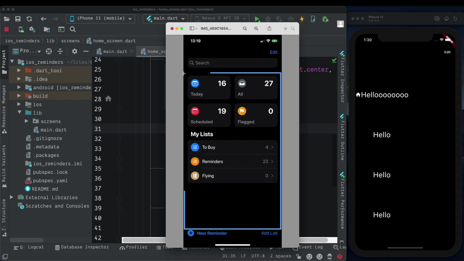Then we basically have two main views. One view, which has this categories and lists, and then this bottom portion, which has the new reminder and add list button. So what we'll try and do is, we'll split up our view into two parts, with one part being scrollable and taking these two my lists and categories views, and then we'll create one bottom portion, which is going to be the new reminder and add list buttons. This way I'll also introduce you to a new widget, which is the expanded widget, which you're going to be